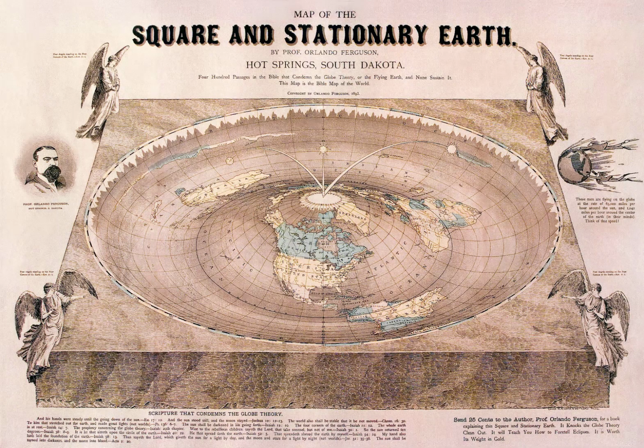He states in his book, as well as on his popular illustration, that this is the model described by the most reliable source of information in the world, the Bible. Orlando created an illustration of what he thinks the Earth truly looks like based off of descriptions from 400 verses